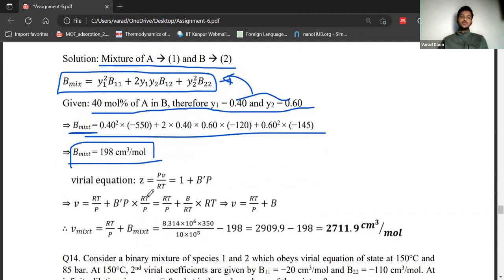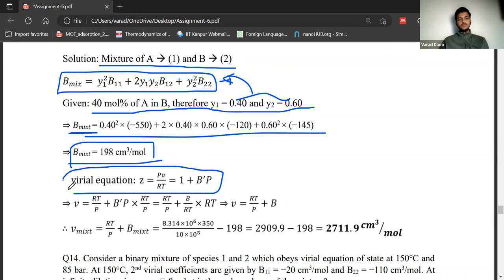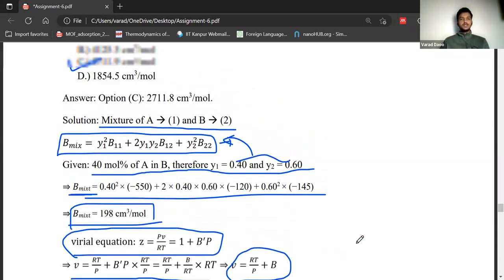The virial equation, we know this is the virial equation, right? 1 plus B dash P, and then volume, we just rearrange it using, okay, so let me just, right? We just rearrange it. What we get is B is nothing but this, right? We rearrange it for B of the mixture and then we get this expression and then we put the known values into this expression and we get V mixture is nothing but 2112711.9 centimeter cube per mole, right? The correct answer is